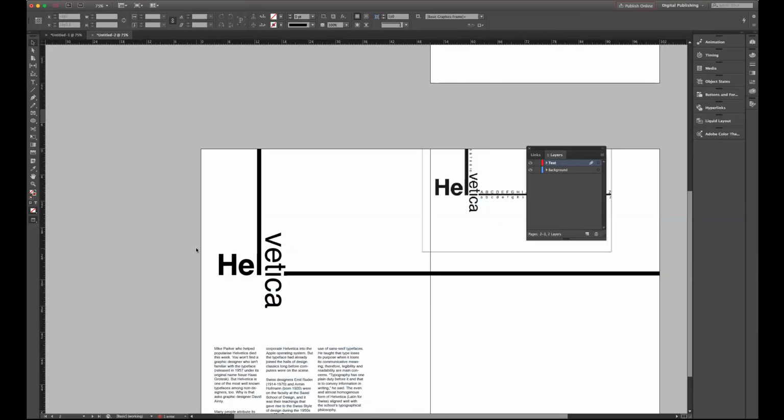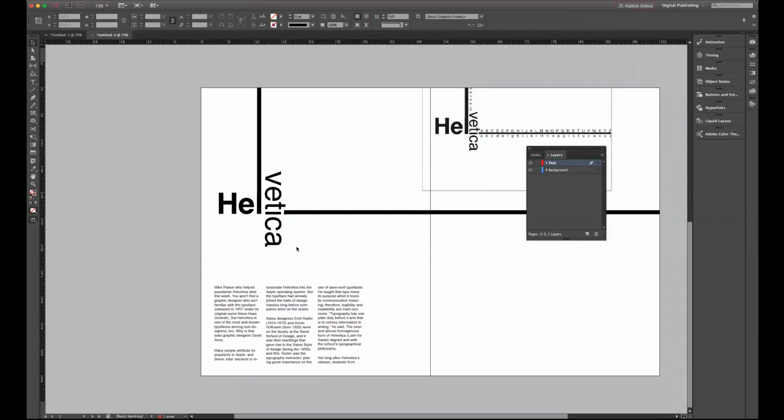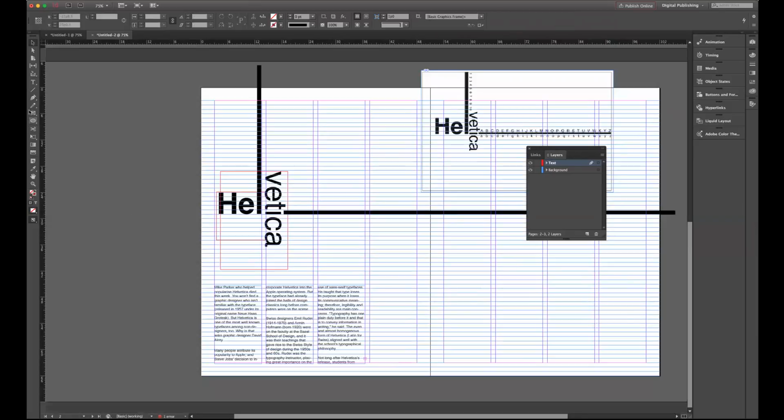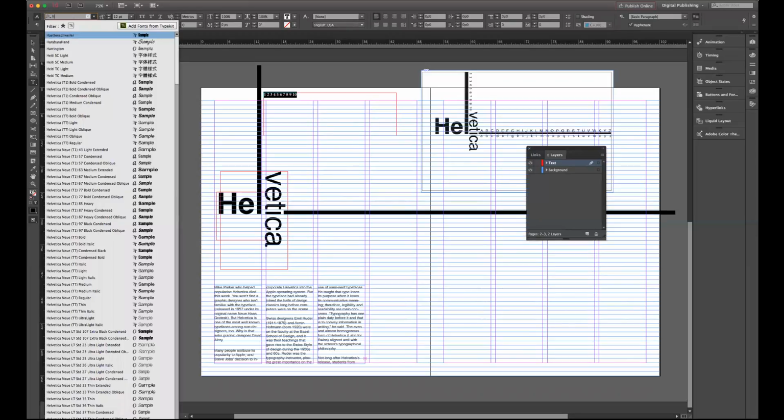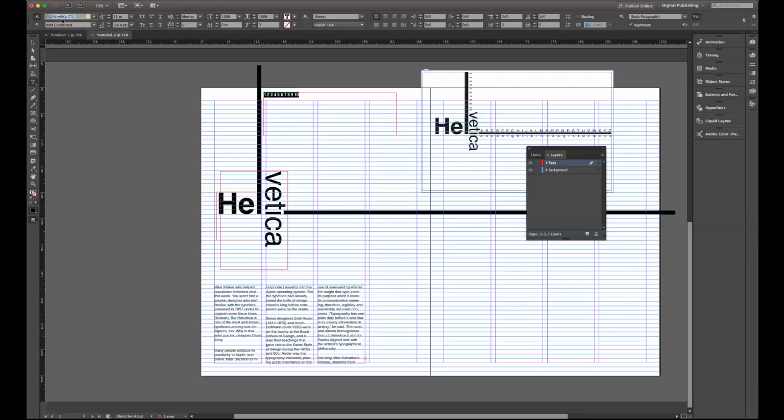By hitting W, it allows you to see your clean lines, where you're at. And then this will allow me to type, let's see, 1, 2. Helvetica.